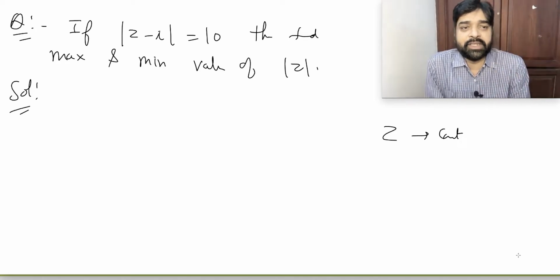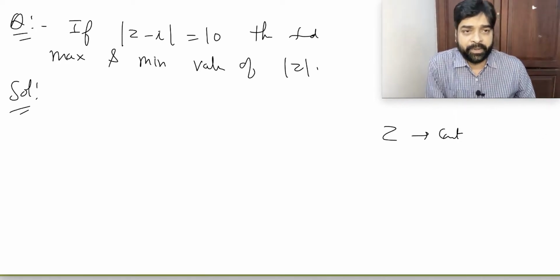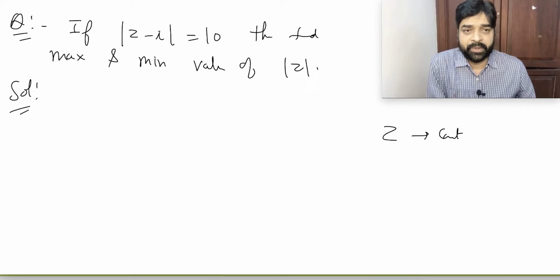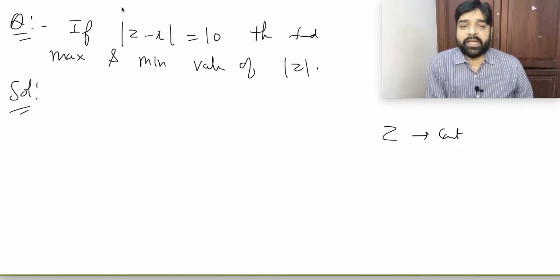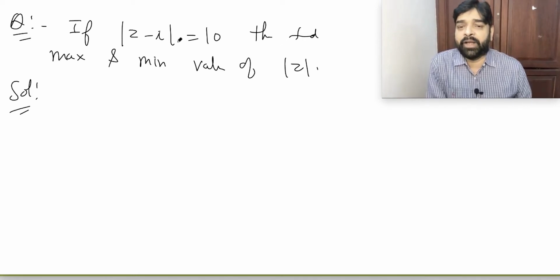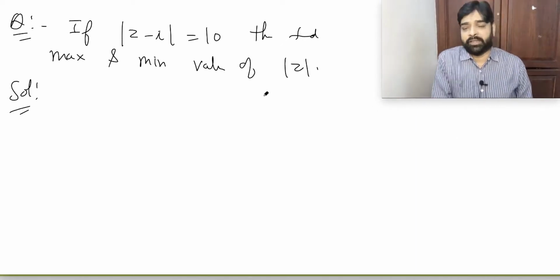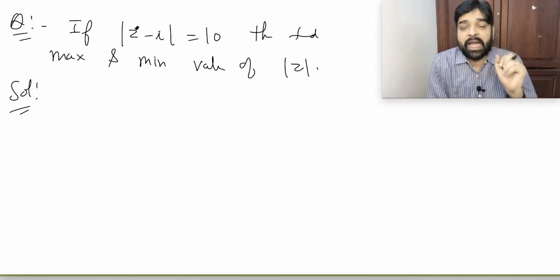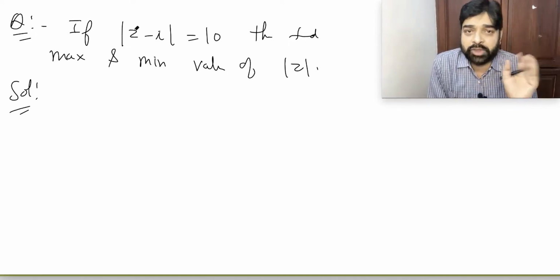Question meaning, try to understand. Solving a question is not a big deal. If we don't understand what exactly is meant by the question, then we can't do anything. So z is variable, that is confirmed. Now we have to find the maximum and minimum value of mod z. Think. I have to find the maximum and minimum value of this quantity, which is inside a mod. So first I have to do something so that I can make it outside.